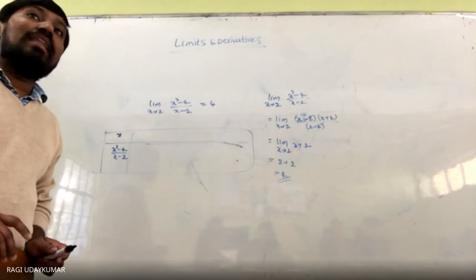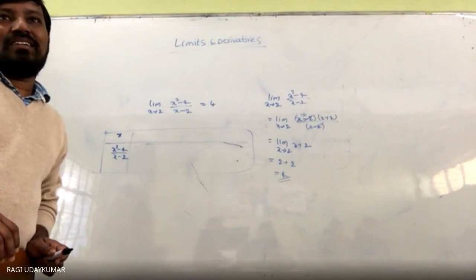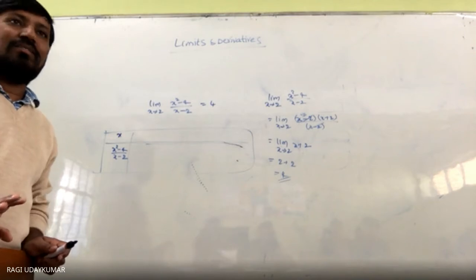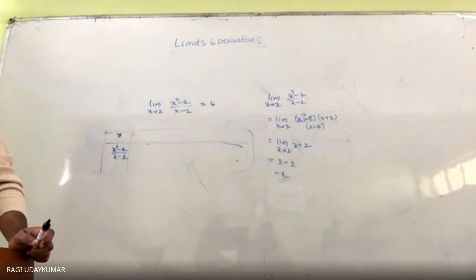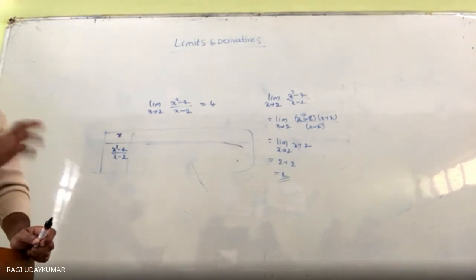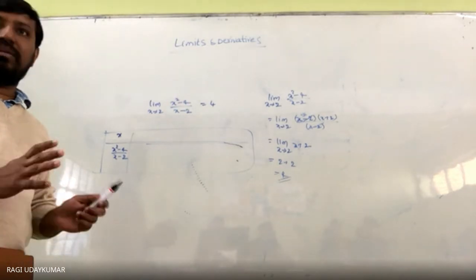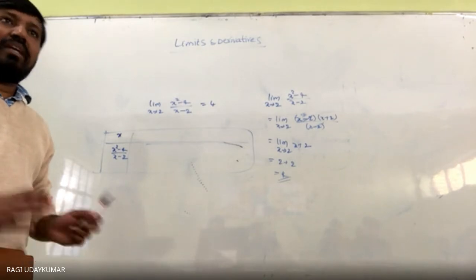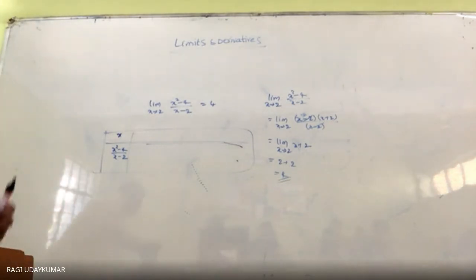So what is meant by left hand limit and what is meant by right hand limit? Actually, these are the things you are not going to have in your physics. That's what I told you. If you need it only for the physics subject, whatever is needed, otherwise I am completely giving the basics of limits. Actually, the idea of the limit, from where it came into force. From there, I am taking it into consideration. Okay. So, what is meant by left hand limit and right hand limit?